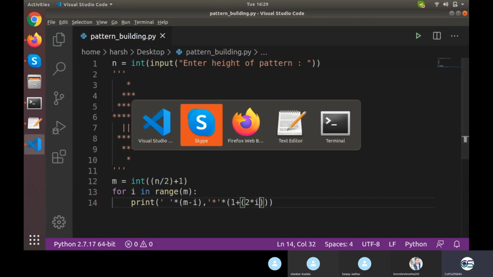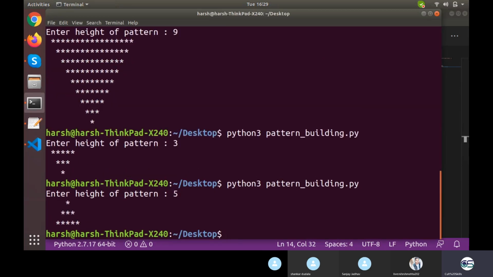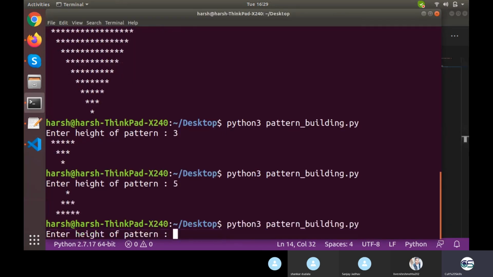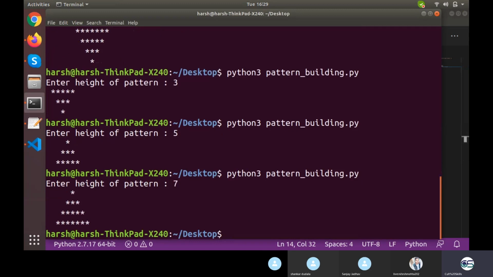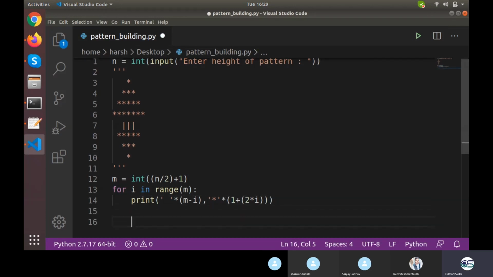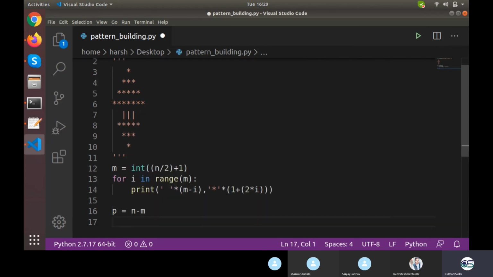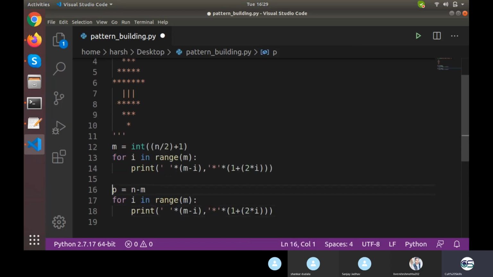Yeah, so we can see the first pattern for that. If I write 5 here, I can see 3 rows, and the rest of the 2 rows I need to make. If I write 7, I can see 4 rows, and the rest of the 3 rows on the bottom part I need to make. Now the bottom part we have built earlier. So for the bottom part, p is equal to n minus m, that many rows, and write some logic for that p.